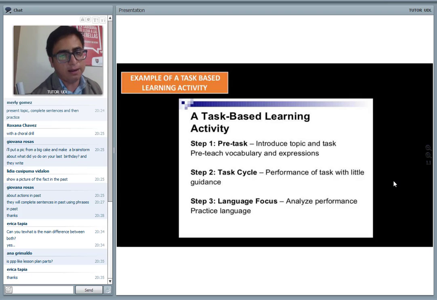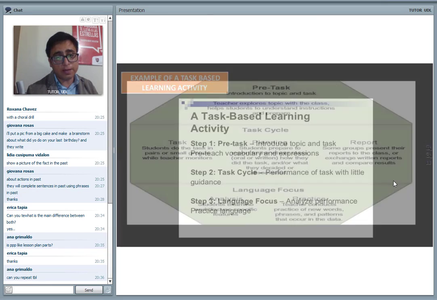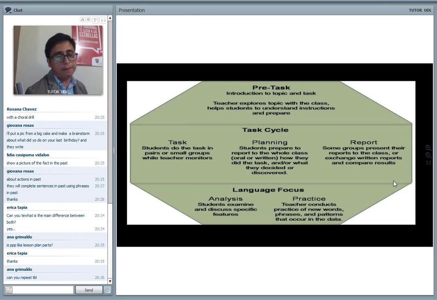Remember that TBL activity is more complex, and here what you want is to make students work together, not to work isolated. Here the main idea is that everybody in the group has something that they need to do together in order to complete the whole task. Yes? Okay, here there is another explanation about the